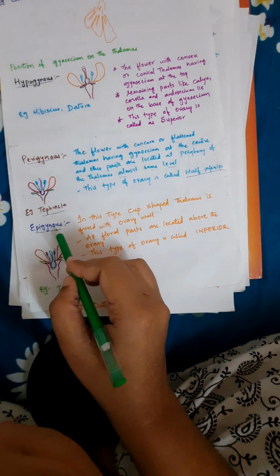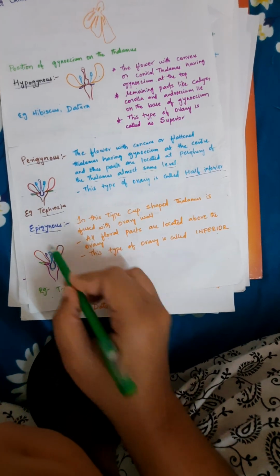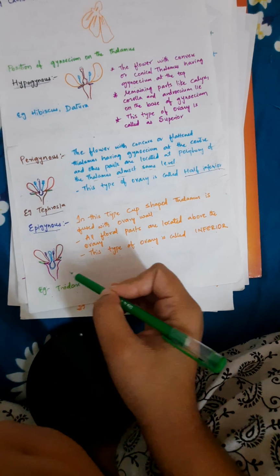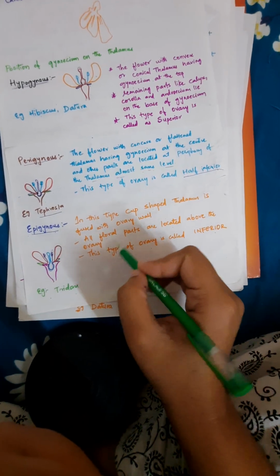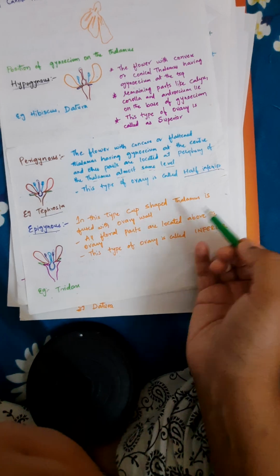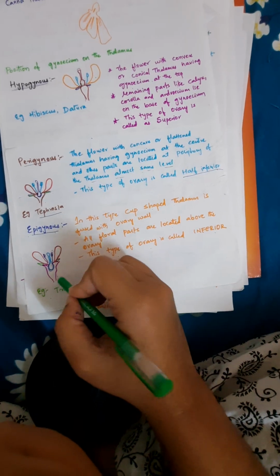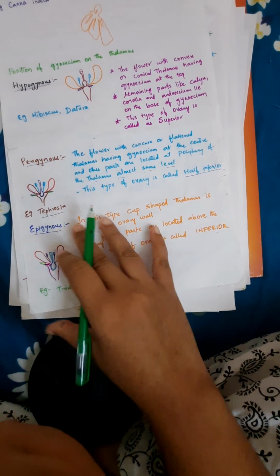In epigynous flowers, the ovary is located at the lower part. All the other floral parts are located above the ovary, and in this the gynoecium is inferior. Example for this